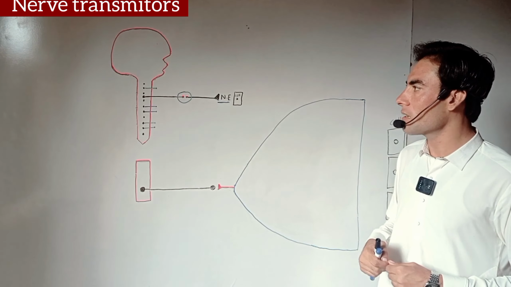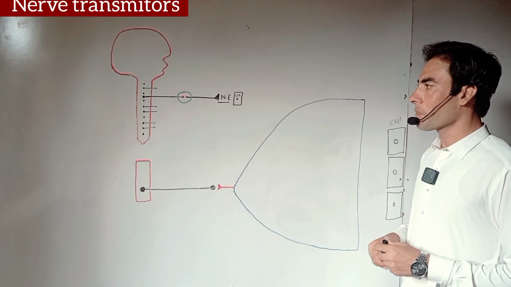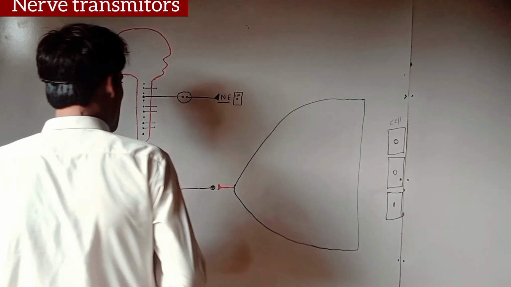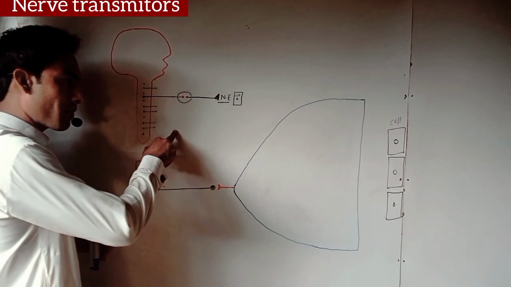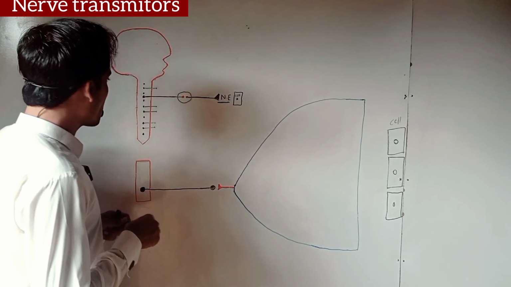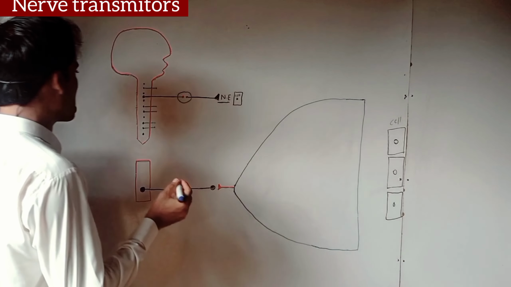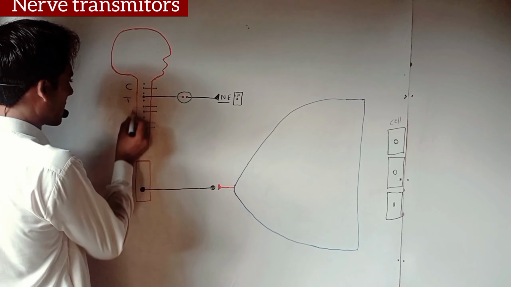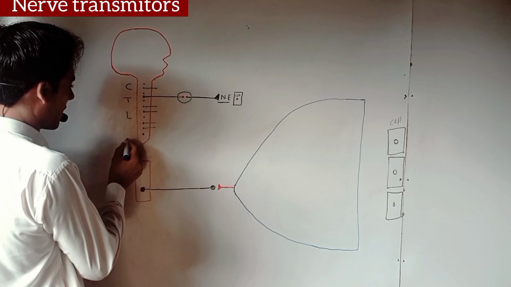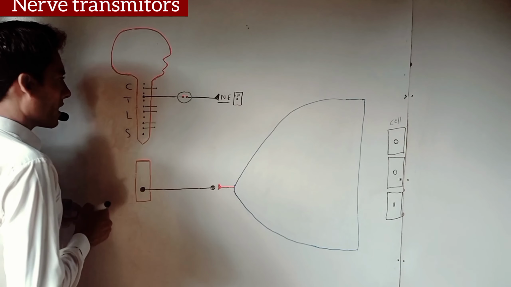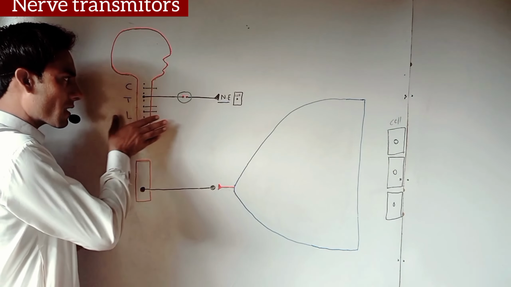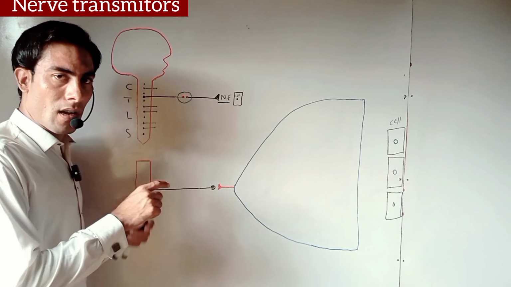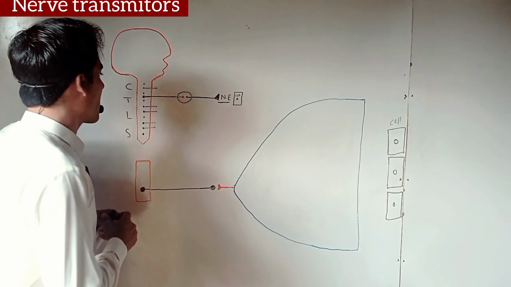So here we discuss sympathetic outflow. The sympathetic outflow comes out from the spinal cord, but from which part of the spinal cord? We can divide the spinal cord into different regions like cervical, thoracic, lumbar, and sacral. So sympathetic outflow is a thoracolumbar outflow, meaning that sympathetic neurons or nerve fibers originate from the thoracic